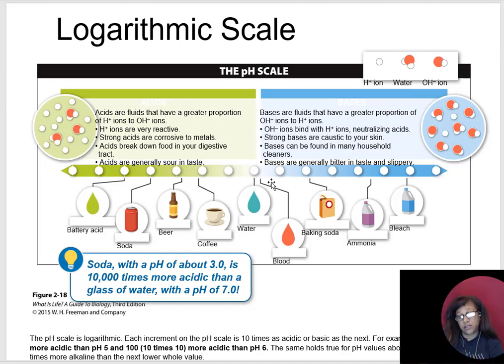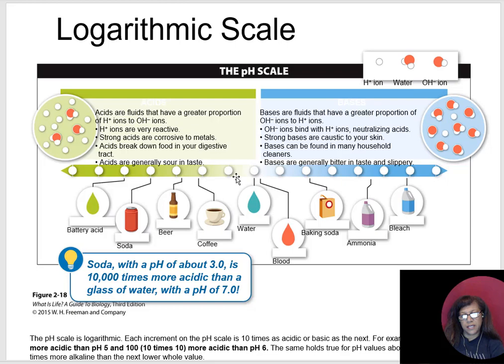Baking soda, as you can see, is about a pH of 9. Ammonia is an even stronger base. And of course, we have bleach here on the far end of the pH scale. Now, I said originally that this is a logarithmic scale. So it's not 1-to-1, meaning that when I look at water, which has a pH of 7.0, which is neutral, and then I look at, say, coffee, which is a pH of 5,